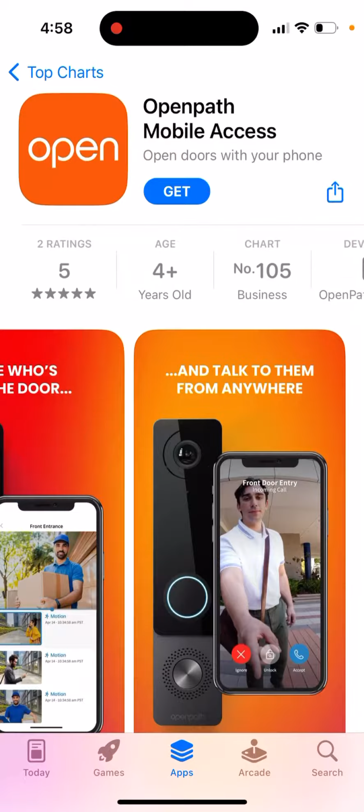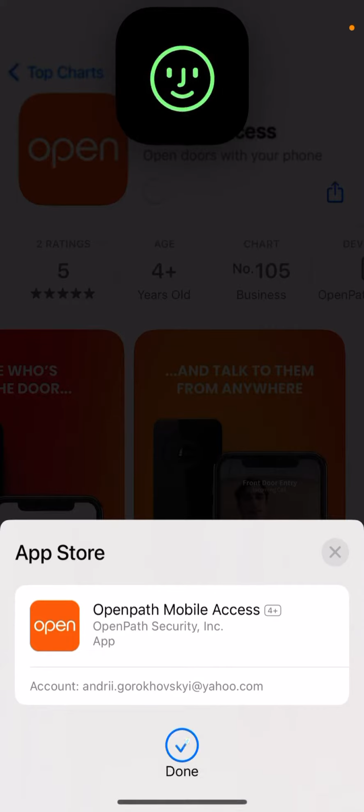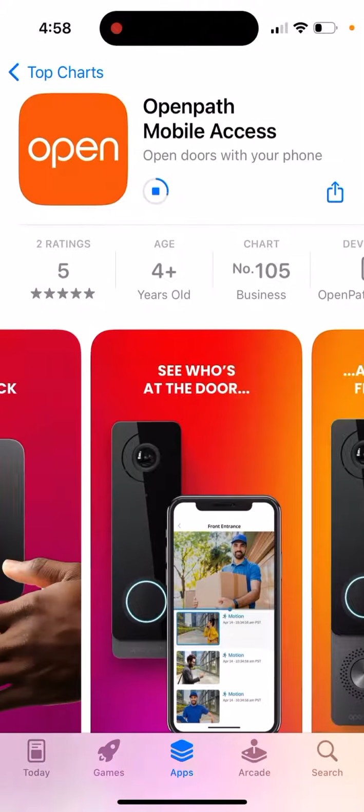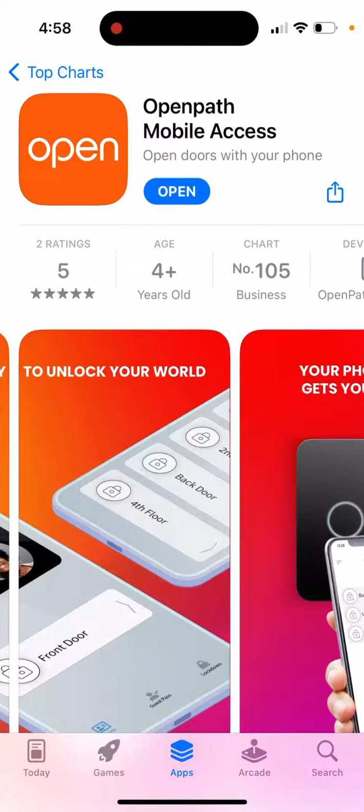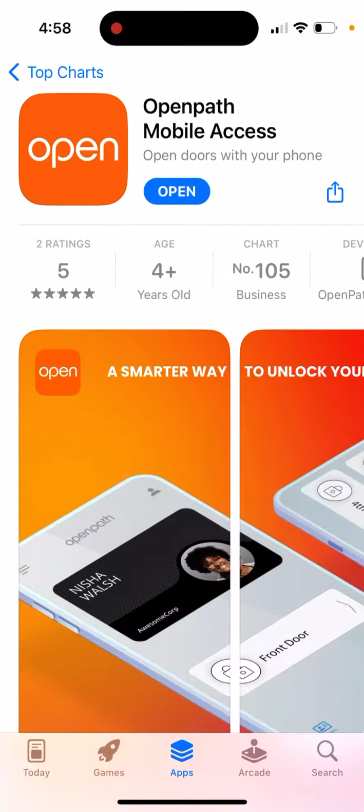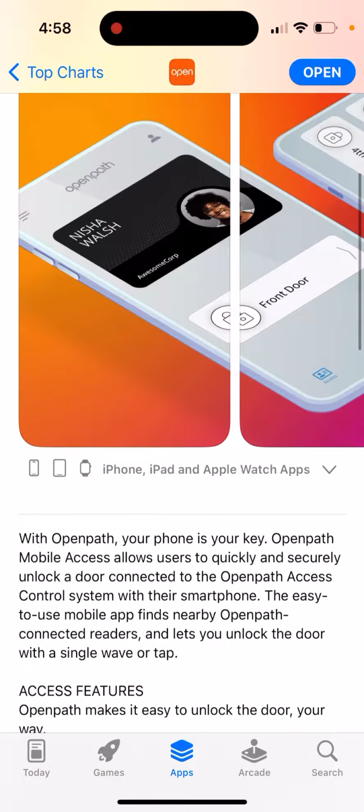Here's the app. It's called Openpath Mobile Access. So just tap to get and then double click to install, and then you'll just be able to install it. So this app is kind of one of the alternatives to the Ring app, which is like one of the market